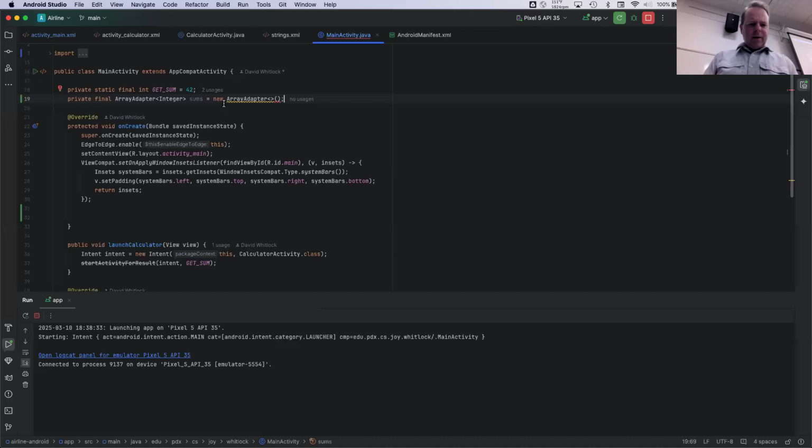Oh yeah, you know what? No, I can't initialize it here, can I? Can't be final. I need to have some other stuff there, which is fine. So I'm going to have those sums here in the main activity, and so here I'm going to first of all initialize it,